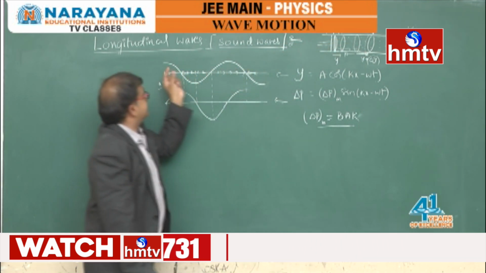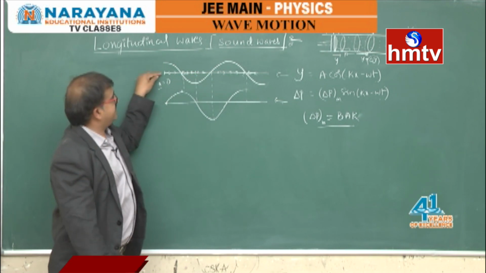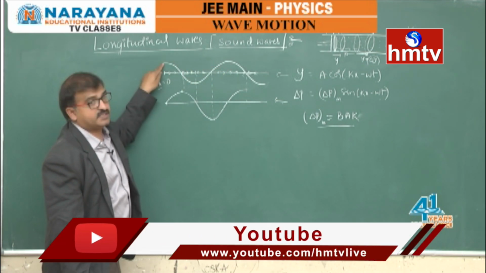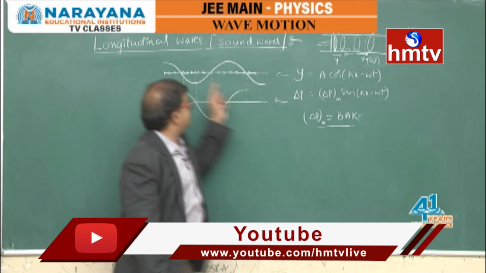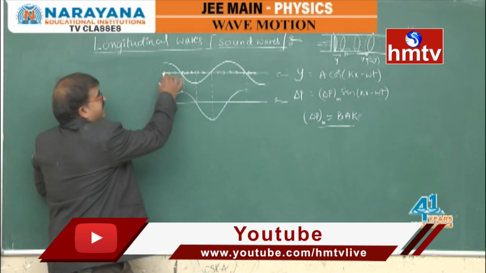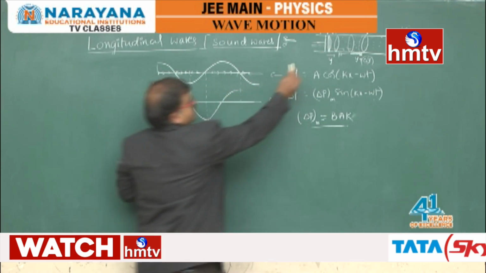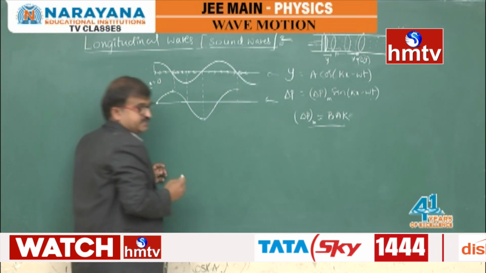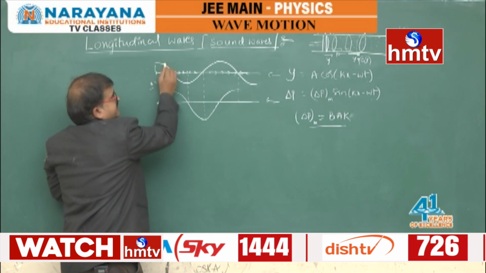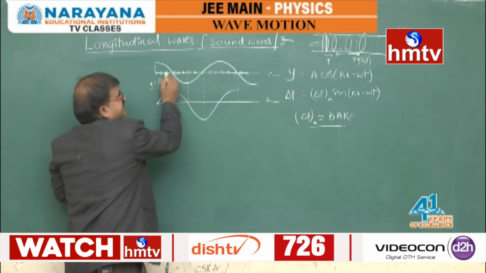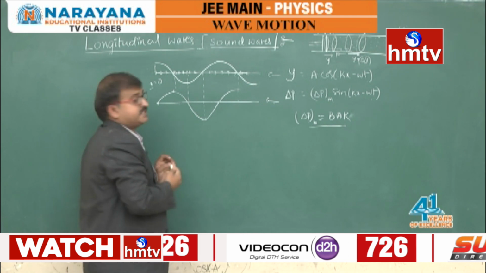So let us consider that it is vibrating in such a way that it is displaced towards the positive end, like this. So this is the maximum displacement from it. All the particles at different points on this are moving towards the right. That is the displacement. The displacement in that longitudinal wave is actually towards the right.